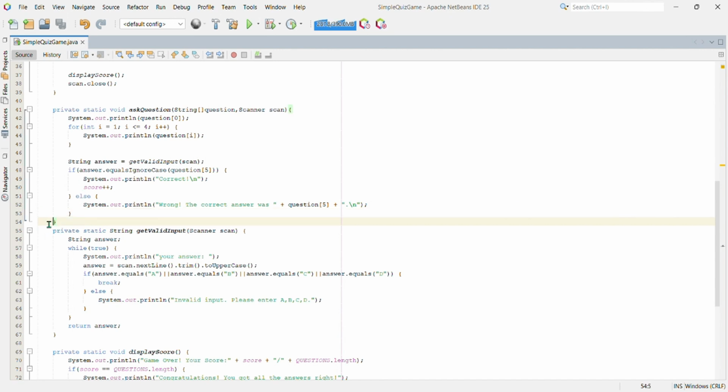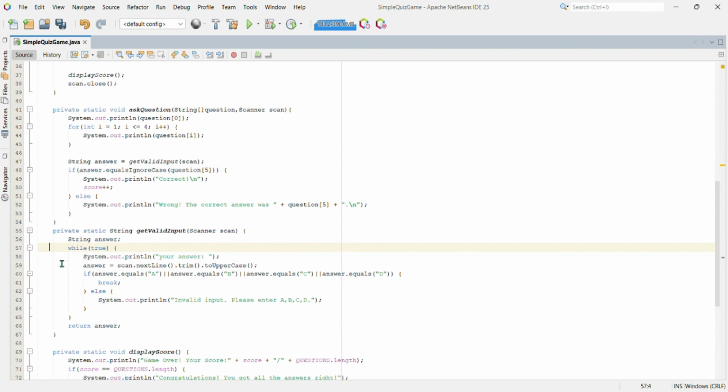This line closes the askQuestion method. This line declares a private static method called getValidInput, which takes a scanner object as an argument. This line declares a string variable called answer. This line starts a while loop that will continue to execute until a valid answer is entered.